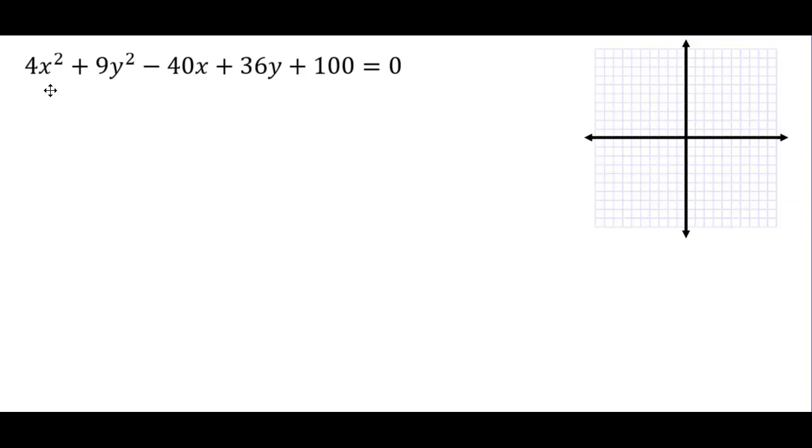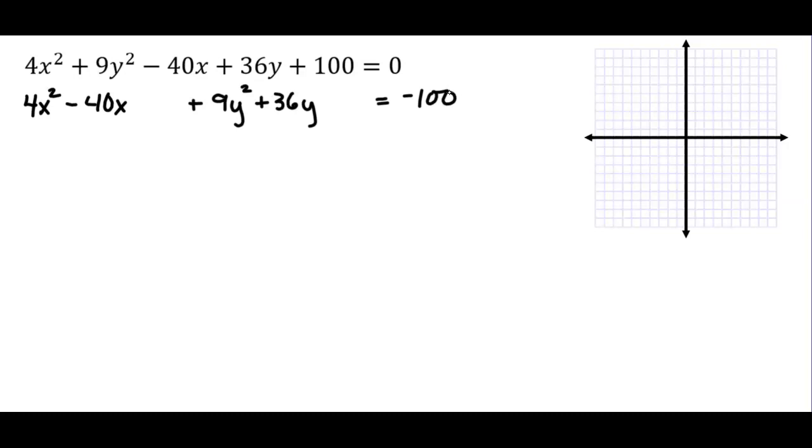Okay, so what we want to do is get it in that standard form. So we're going to keep our 4x squared, and we're going to put that minus 40x next to it. And I'd like to leave a little bit of space here. And then I'm going to have the 9y squared and the 36y. And then the constant, the 100, that's just going to go on the other side. Now, don't worry if the numbers seem a little large. A lot of times you get some big numbers with these, but in the end, it often works out nicely.